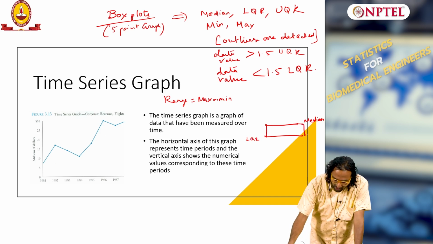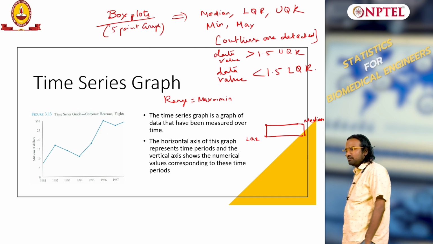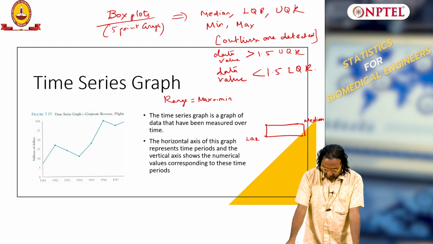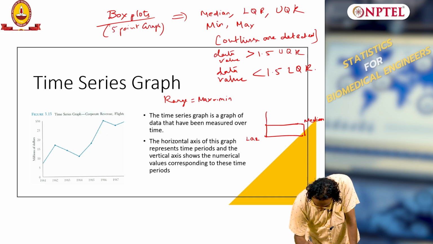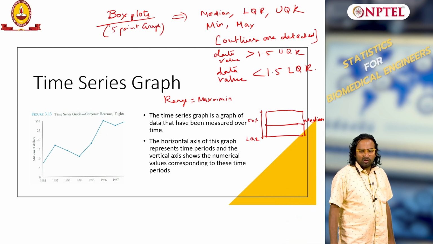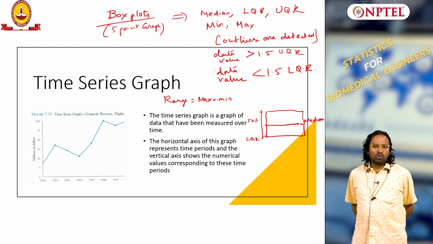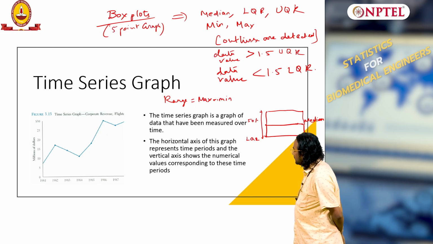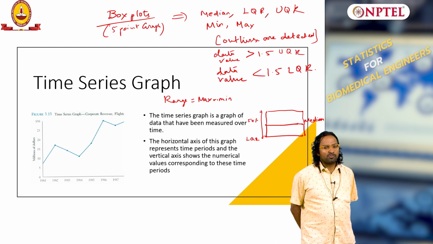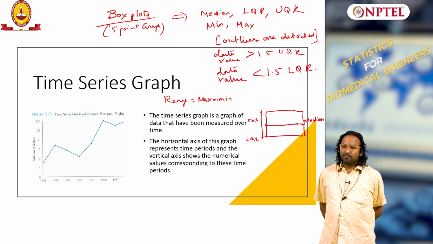And what about UQR? It is the upper quartile range, which is nothing but your 75%. This overall is nothing but 50% of the data lying within this range. So, that is an important range for us. How is the spread known? I do not even have to calculate mean, variance, etc., but with this itself I will be able to get an idea about the spread. Then what are min and max?